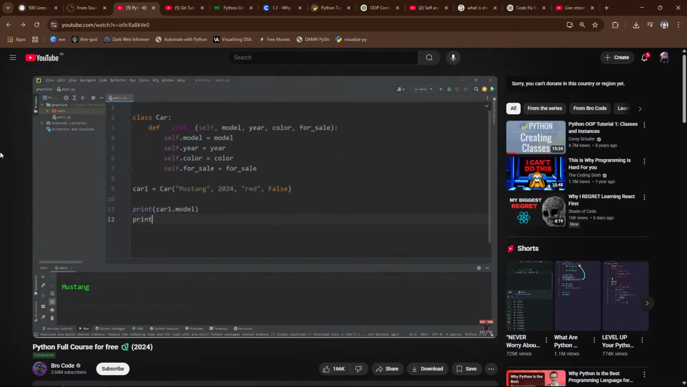Let's access the year. Take the name of the car, car1, dot, the year, 2024, followed by the color, car1, dot color, red, car1, is it for sale? We'll print that. That is false. Now let's create a second car. We're going to reuse this class to create a second